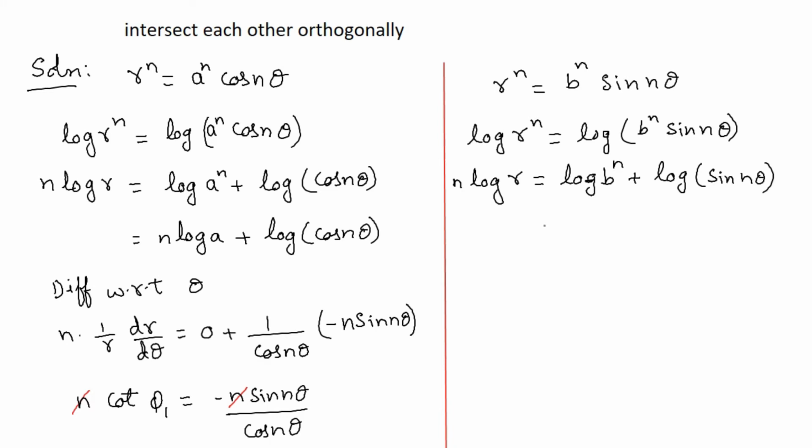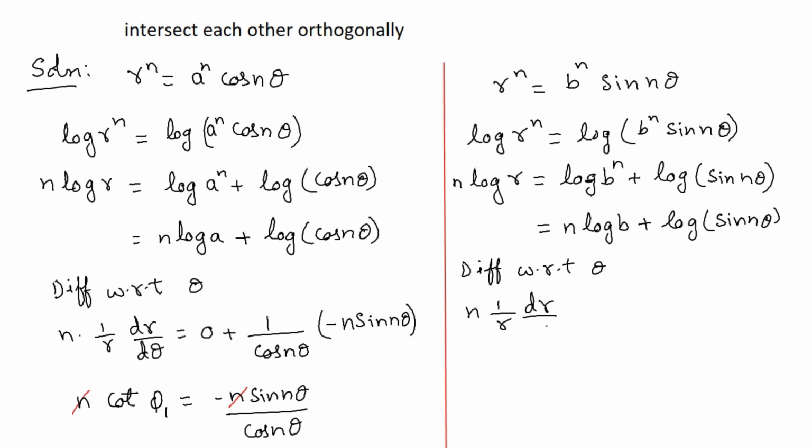Or further I can write log b power of n to be n log b plus log of sine n theta. We'll try to differentiate this with respect to theta. So differentiate with respect to theta. It is n as it is, derivative of log of r will be 1 by r into dr by d theta. That is equals to n log b is a constant, its derivative will be 0 plus log differentiation